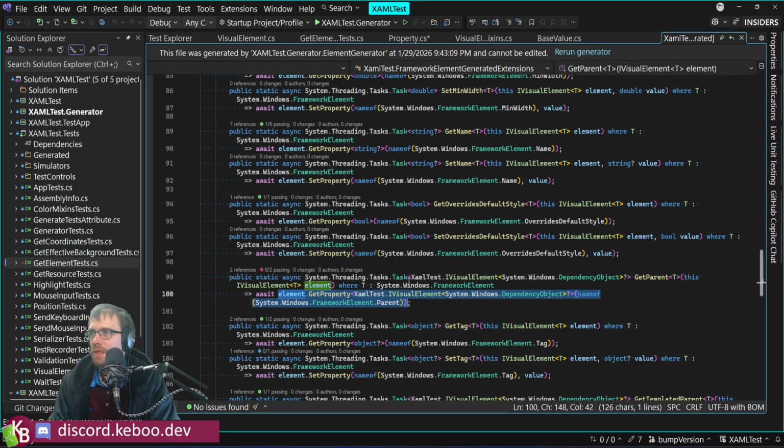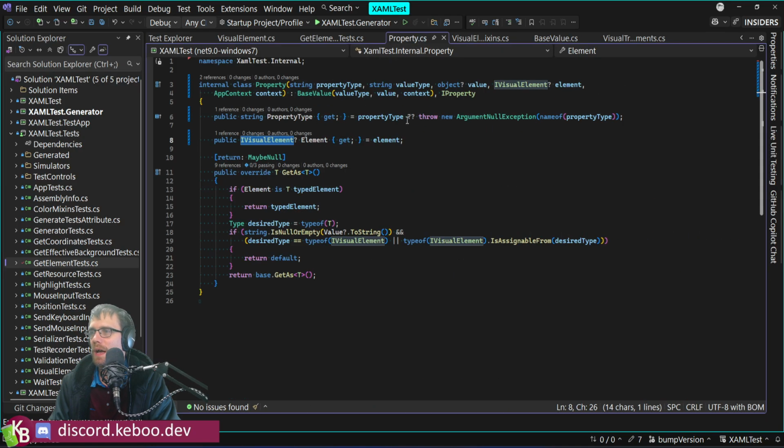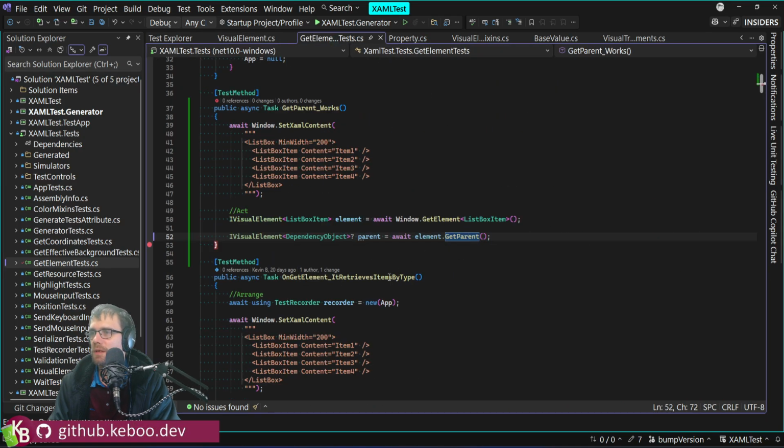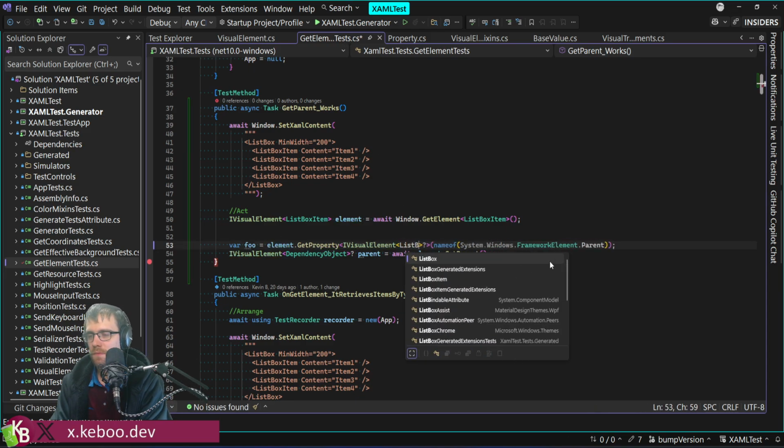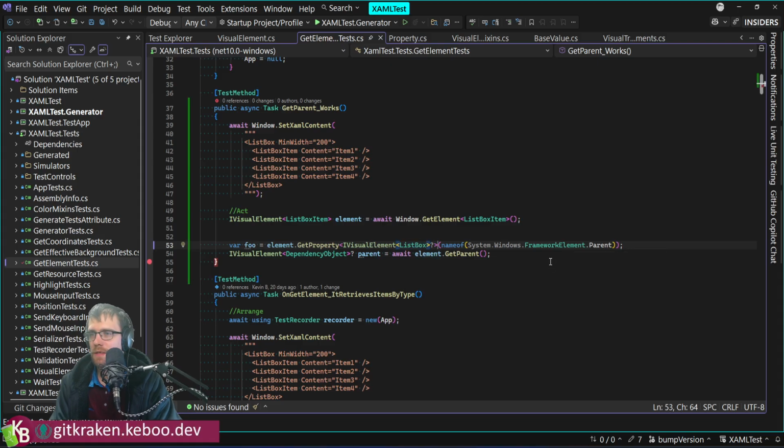I kind of want to just do this callback over in my test class so that this can be validated, and I can change this generic type at will. Let's see, var foo gets, because my theory is if I change this to ListBox, it works. That is my working theory. So I want to validate that real quick and make sure that I do in fact get all the way down,